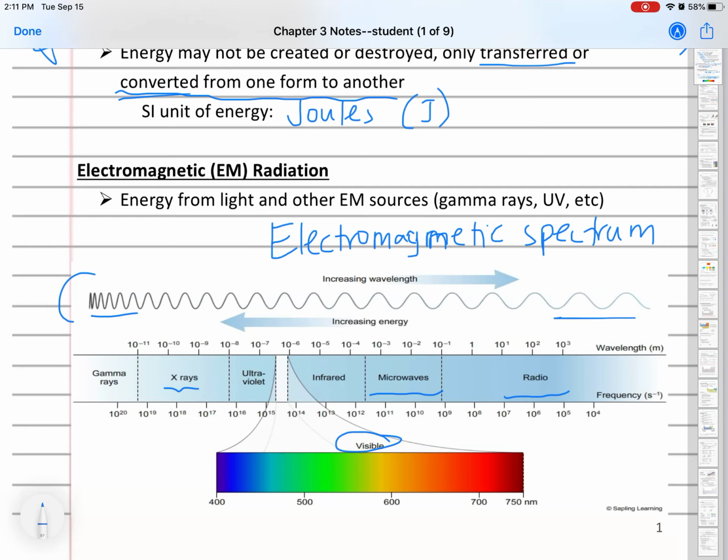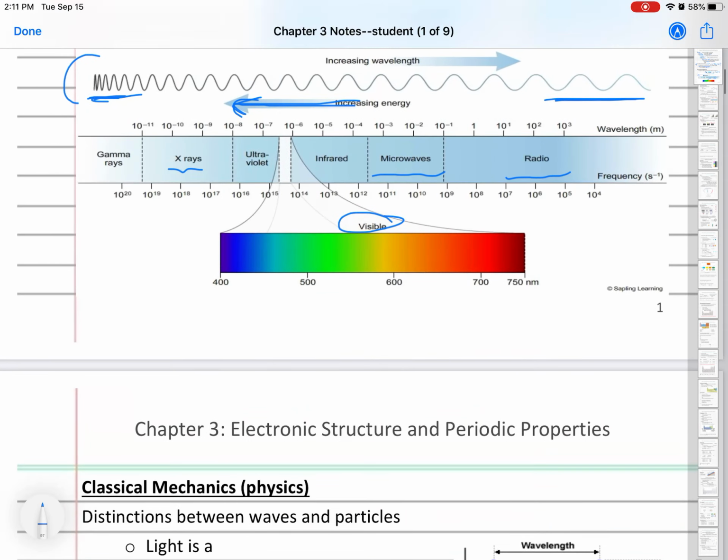And the short waves, we say, have a high frequency, and the long waves have a low frequency. And the higher the frequency, the higher the energy of the waves. So these waves are increasing in energy as we go right to left. Okay, so